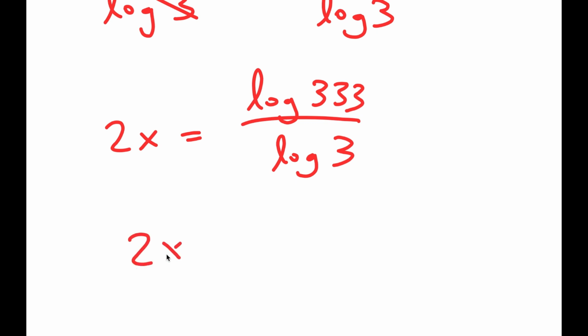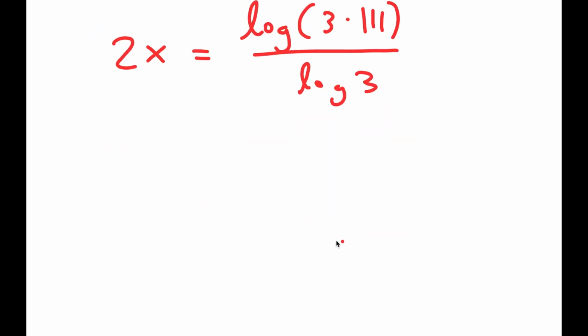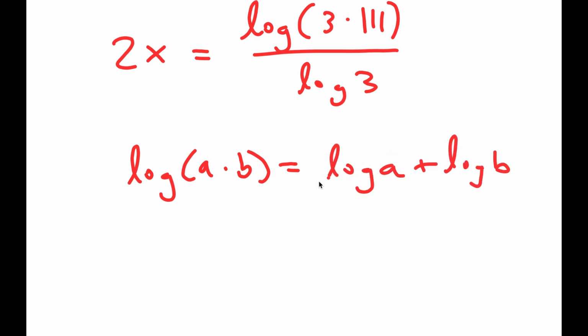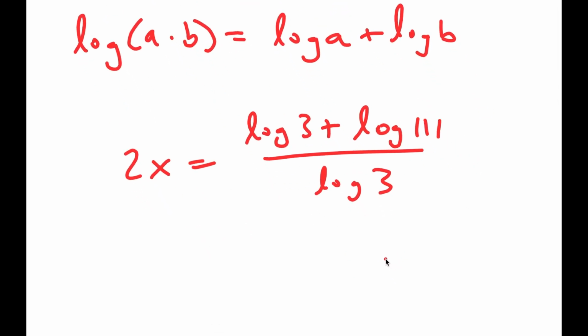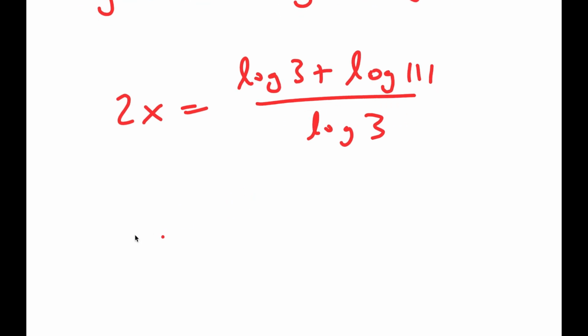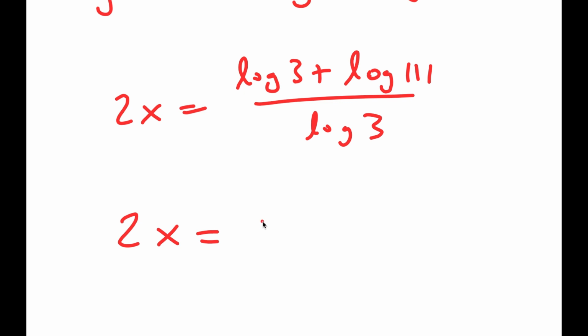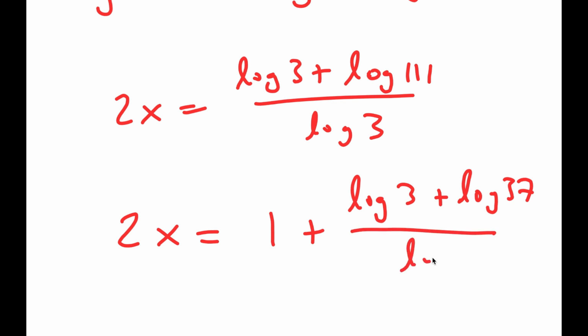Now I'm going to rewrite log 333 as log of 3 times 111. And if I have something in the form log a times b, this is equal to log a plus log b. So I get log of 3 plus log of 111 over log 3. And this is equal to 1 plus log of 3 plus log 37 over log 3,